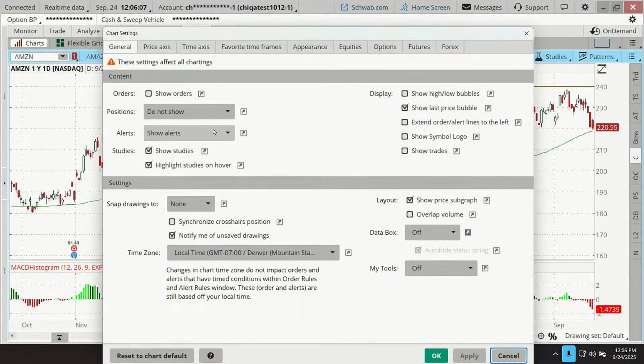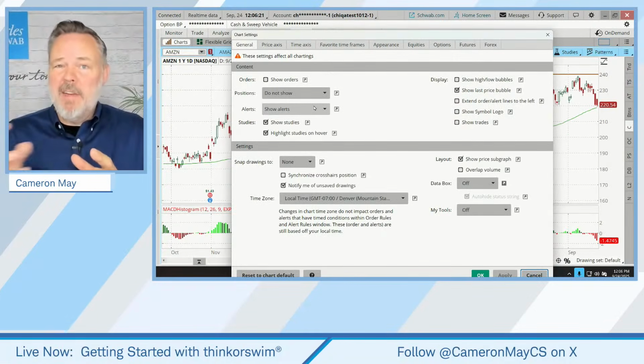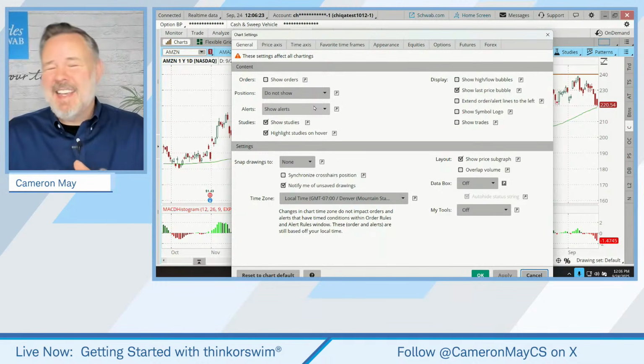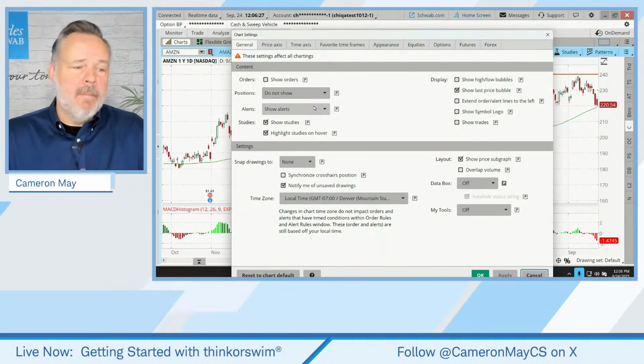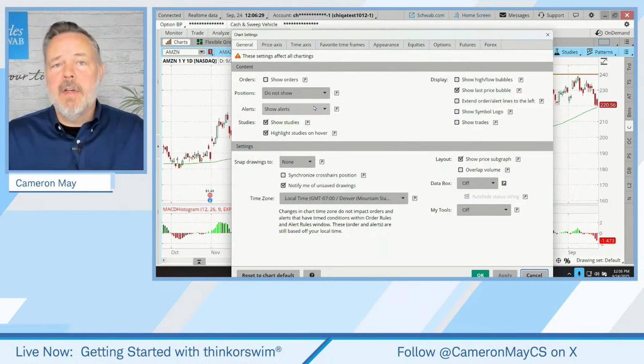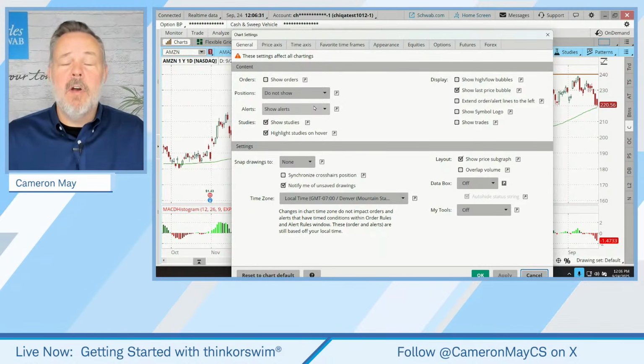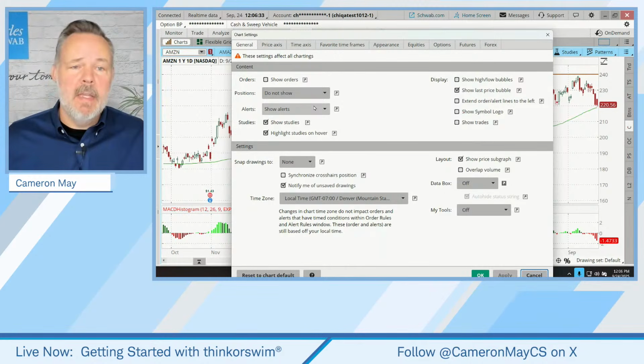DS Kim 6 says, I'm having trouble displaying paired option spreads on monitor tab. My apologies, DS Kim 6. I can't go off track with this attempt. It's tempting, believe me, to answer the questions as they come in. But as long as those questions are on topic, I'm happy to field those. But if they take us outside what I have planned for this discussion, maybe Kevin can get to that. But also, you can always call our support team for one-on-one assistance. All right.